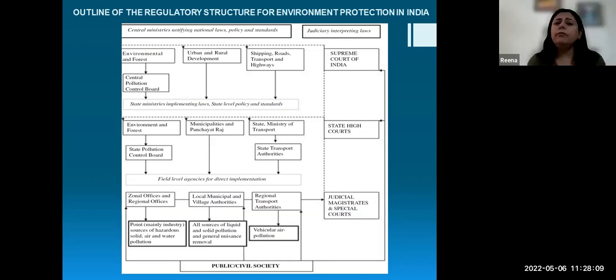So all these state pollution control boards further have regional offices and regional heads. All these regional officers will visit your project site to issue any kind of show cause notice, or to regulate or monitor your activities regarding any kind of pollution you are causing to the environment. And they have the power to take penal action even at the regional level.